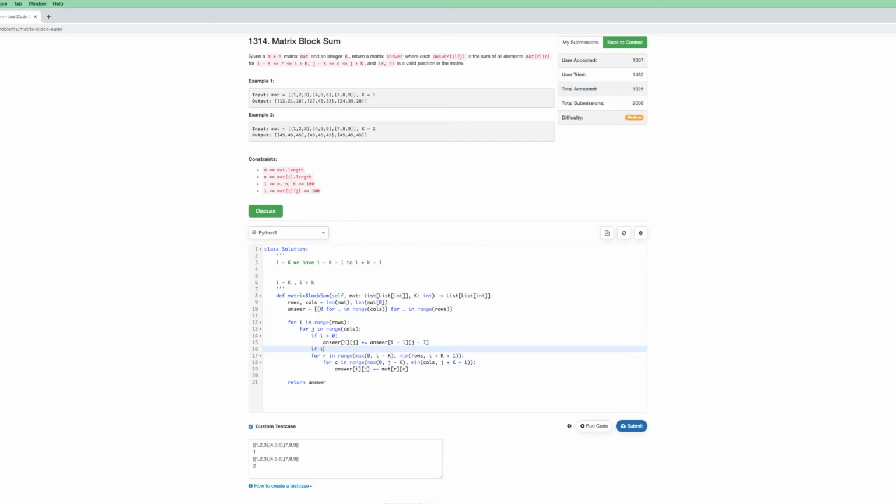So if I minus k is bigger than or equal to 0, then we need to add that. So we need to say, okay, plus mat of ij, I minus k, j, no,